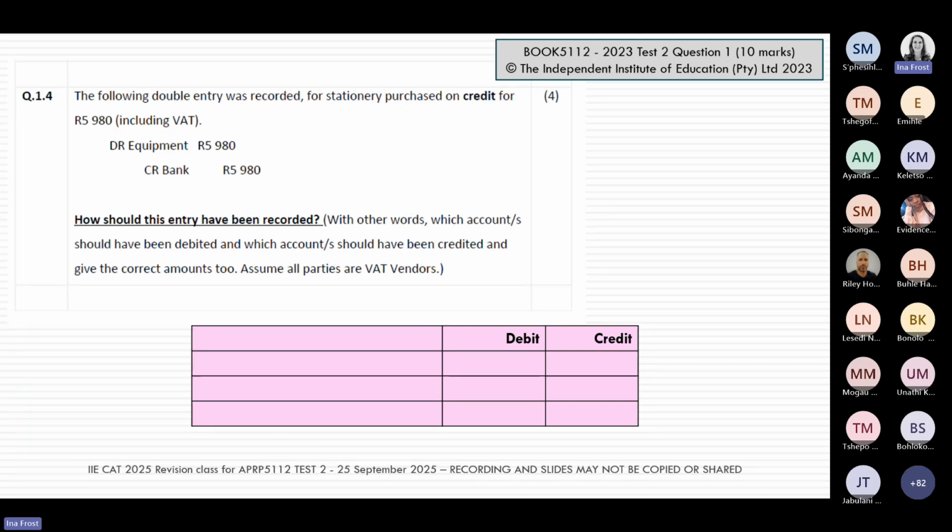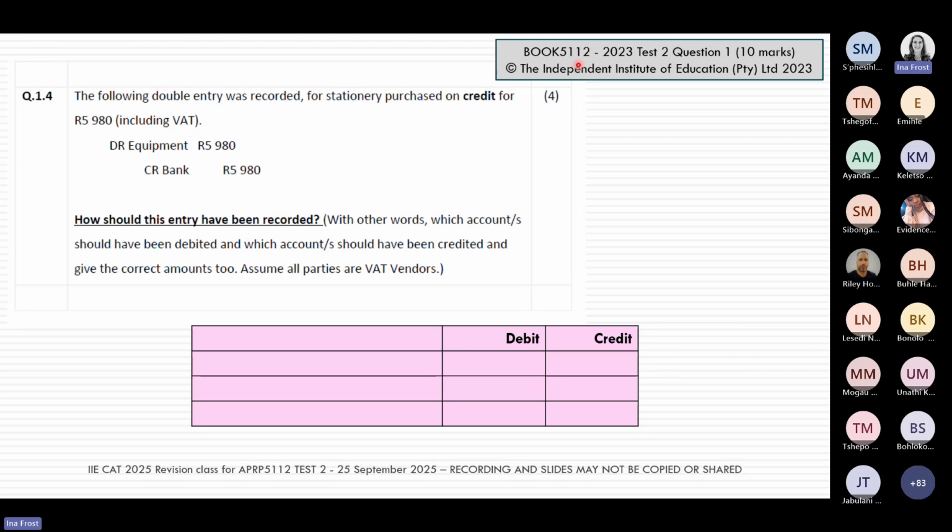And that's also why it's key that you must do as many questions as you can so that you can see all the different ways that we can word the question, but ultimately we're still testing you on the same knowledge. Okay, so in this one, and it's again from that 2023 past paper from book 5112,